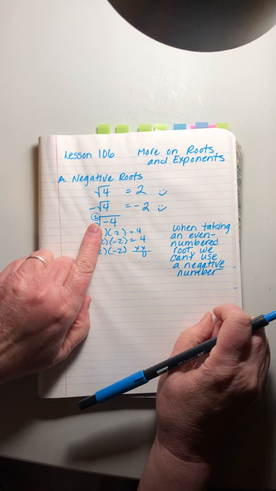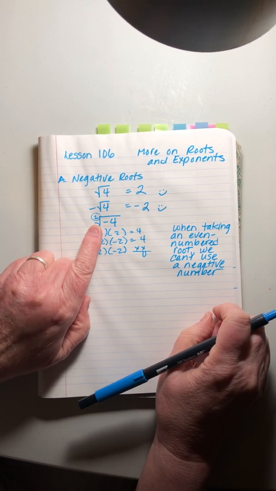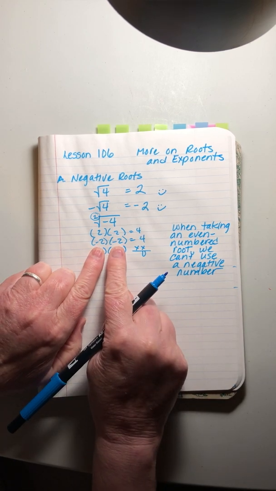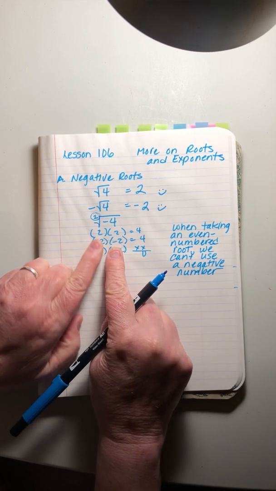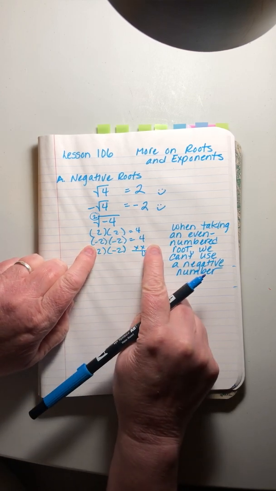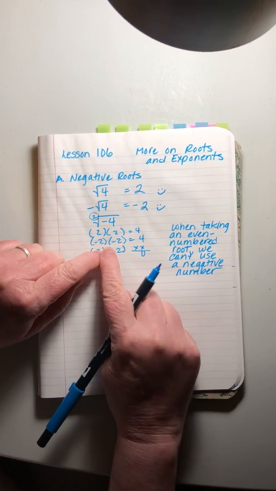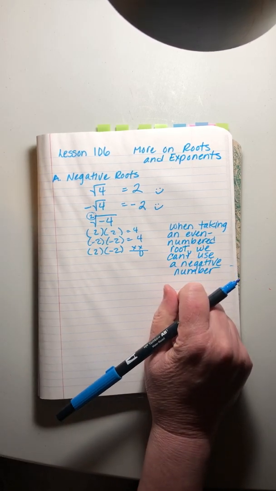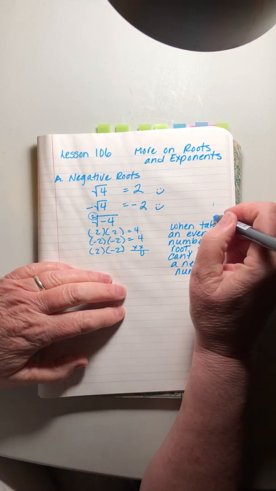When taking an even numbered root, we can't use a negative number because as we see, every 2 negatives make a positive. So if we have a second root or a fourth root, right, then we'd have 4 negative signs, or a 6th root, we'd have 6 negative signs. All of them would pair off and we would never get a negative number. So